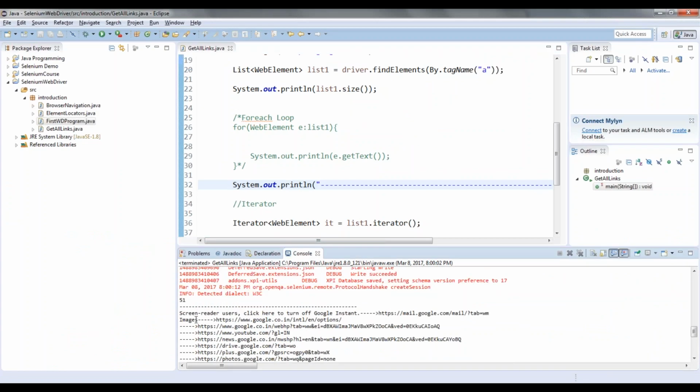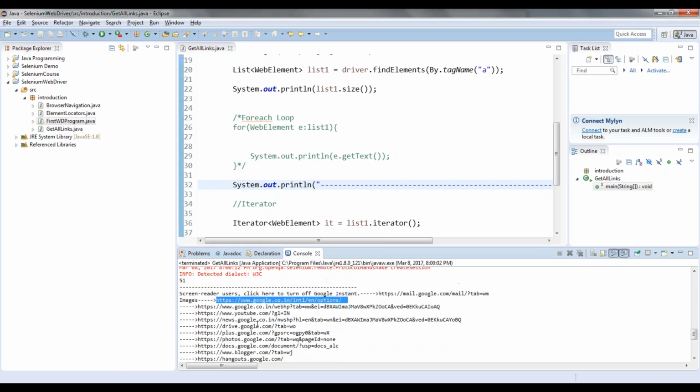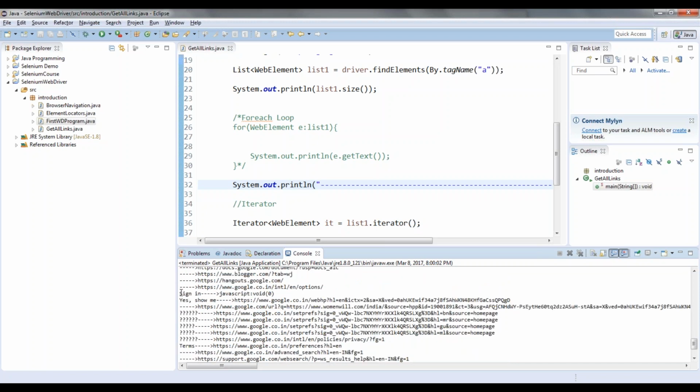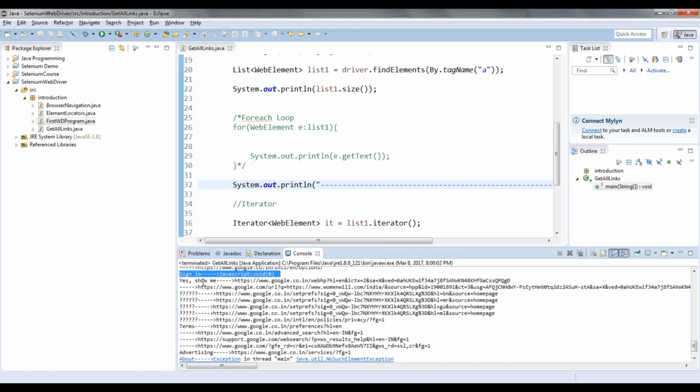You can see here images is giving me all these things. Similarly news and other things, right? You can see sign in is giving me JavaScript as the href, and show me is giving me this.